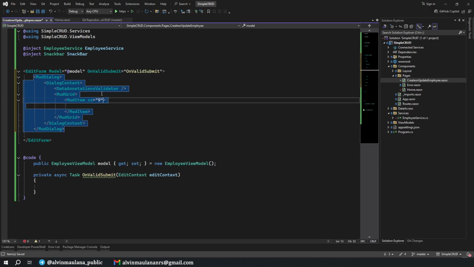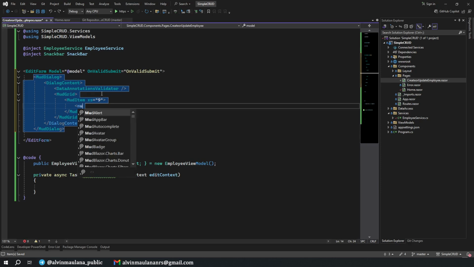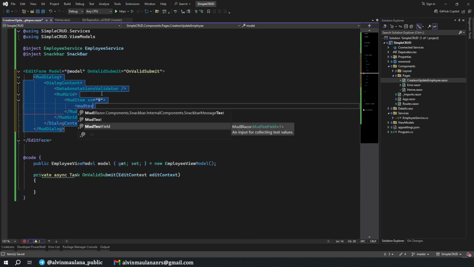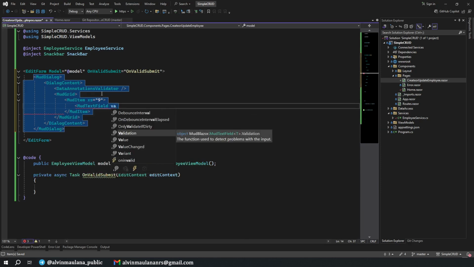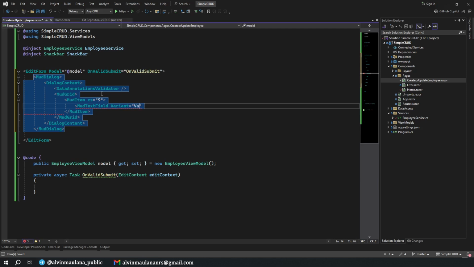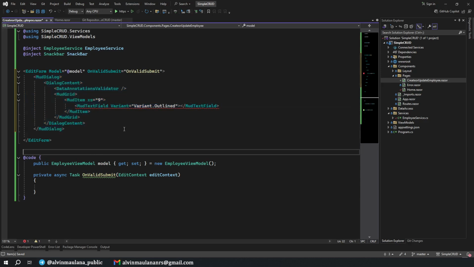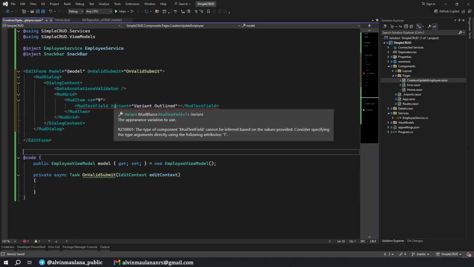and then we will have a text field in here, MudTextField with the variant. Where is it? Variant of variant. Why is it not autocomplete? Yeah, variant of outlined. Wait a minute, why is there an error?